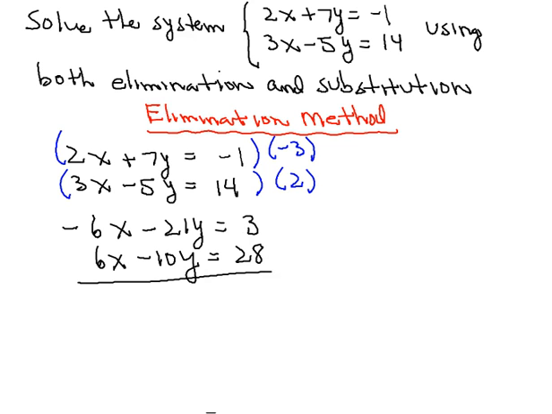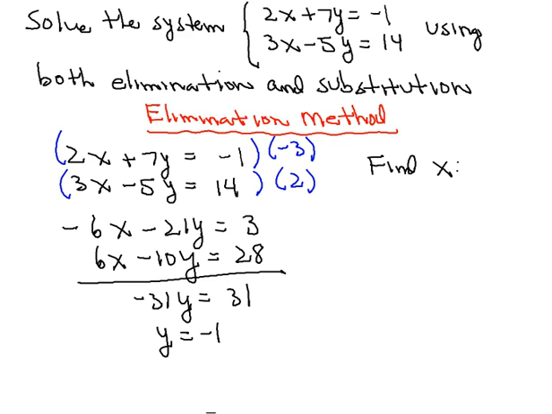Now if we add the two equations, we can see the x terms will drop out, and we're left then with -31y is equal to 31, or y then will be equal to -1. So let's next find the value for x,